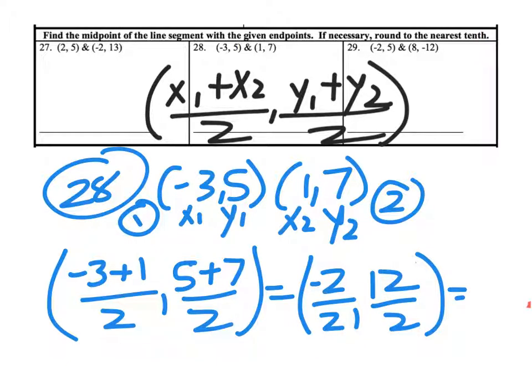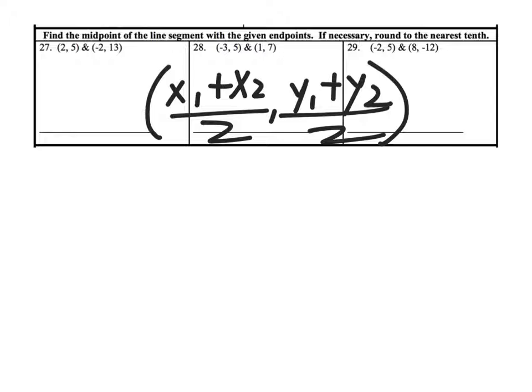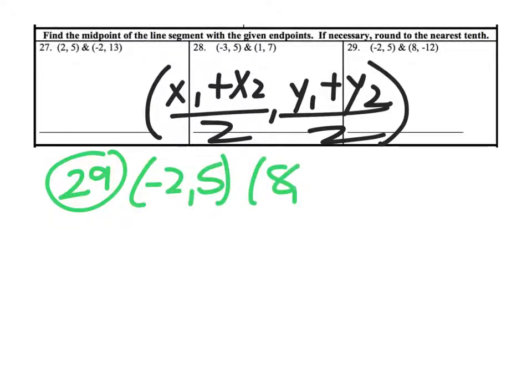And one last time, negative 2 divided by 2 is negative 1. 12 divided by 2 is 6. So my final answer would be negative 1, 6. Again, I'm going to erase, and then we'll do the last one. All right, and our last one, number 29, we're going to use negative 2, 5, and 8, negative 12 as